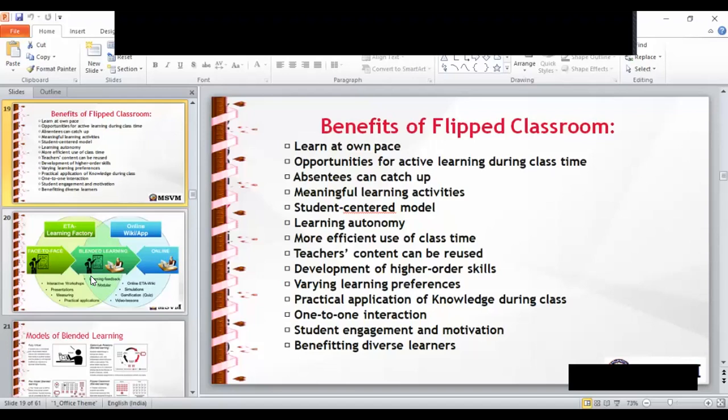Development of higher order skills and varying learning preferences. Also the practical application of knowledge during the class, one-to-one instruction, student engagement and motivation, benefiting diverse learners.